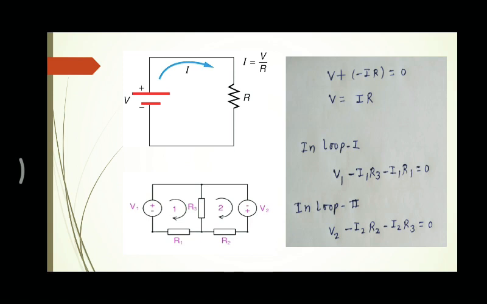Now for the second loop, we can also see here that we again calculate potential in the direction of current. So the potential drops at R2 and R3 again will be negative and the EMF will be positive, equal to positive V2, because we are going from the negative terminal to the positive terminal. So using these two laws, Kirchhoff's current law and Kirchhoff's voltage law, we can solve any circuit.